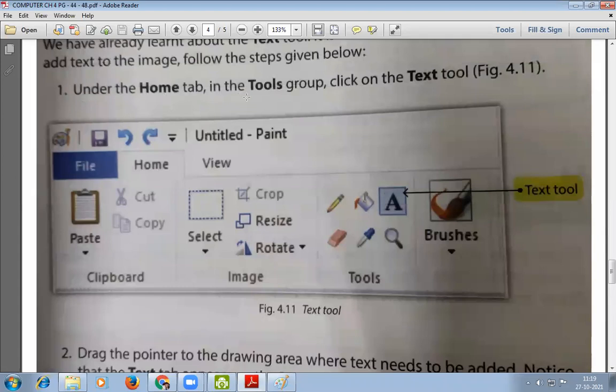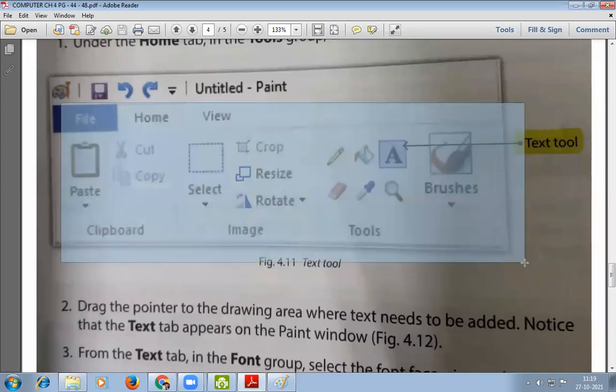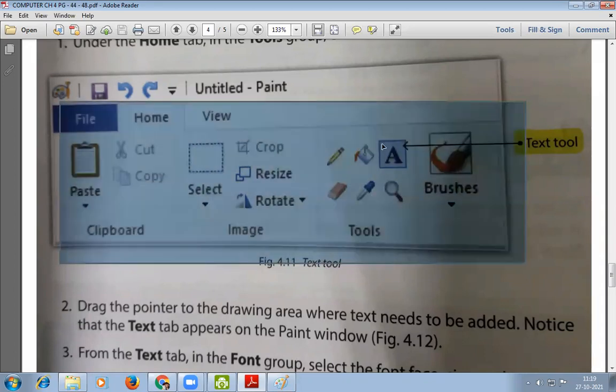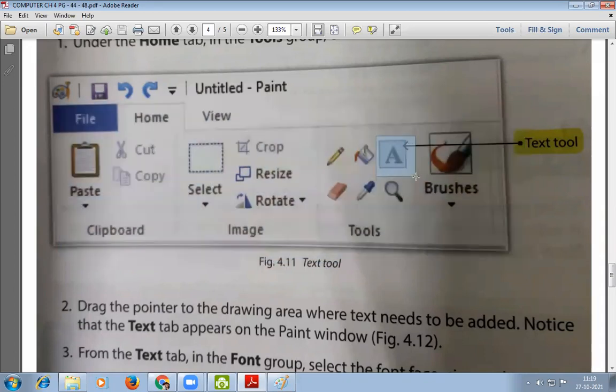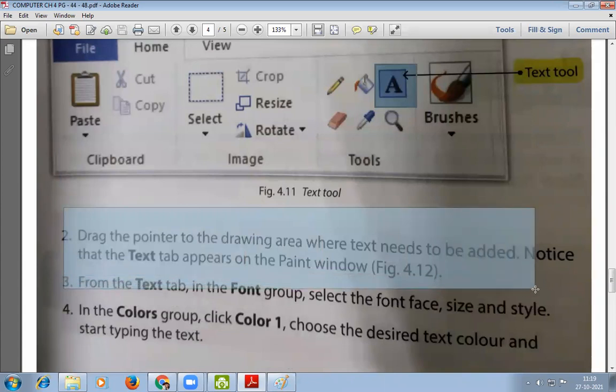Under the Home tab in the Tools group, click on the Text tool. So this one is the Home tab. There is a toolbox here, and here A represents the text tool. Now, point 2, drag the pointer to the drawing area where text needs to be added.